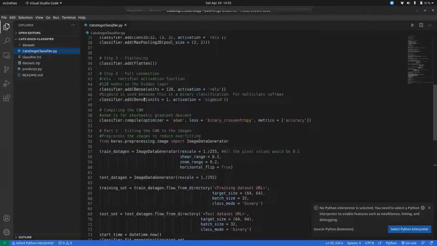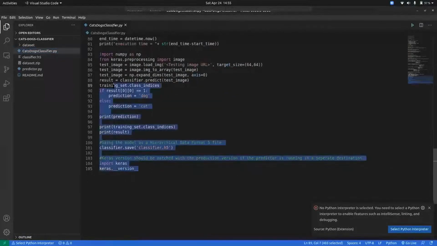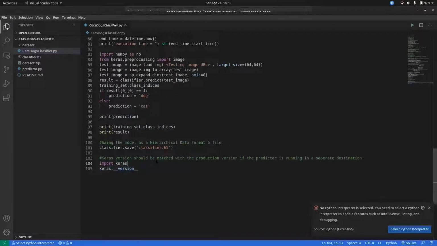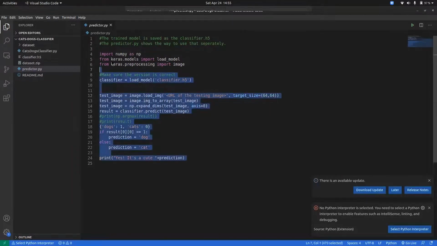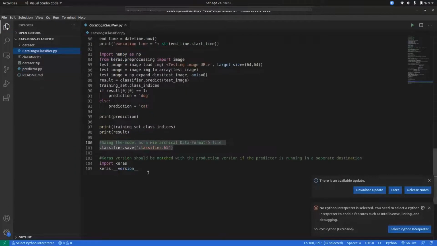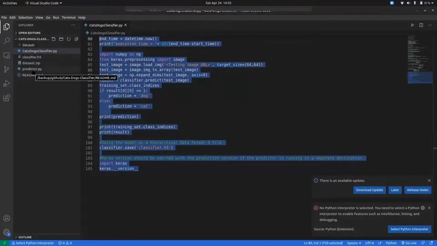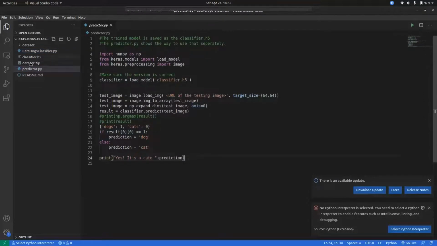I have done everything in the form of this and the Keras version here. Then for prediction, I have created one more file and you just pass the image URL and it will do the prediction. That's it. This is how you do the coding at the production level. Only this code will go with this H5 data, not the notebook.